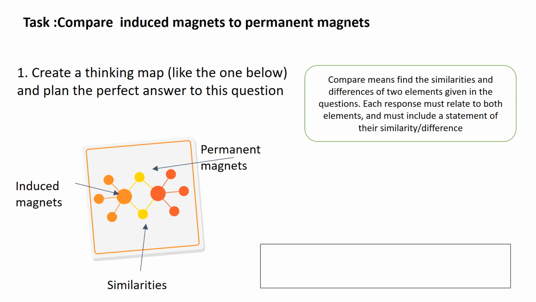What characteristics do induced magnets have? What characteristics do permanent magnets have? And then overlap their similarities. So to the sides of your thinking map, I would like you to have your differences, and in the middle, your similarities. The keyword that we'd like you to use is magnetic field,